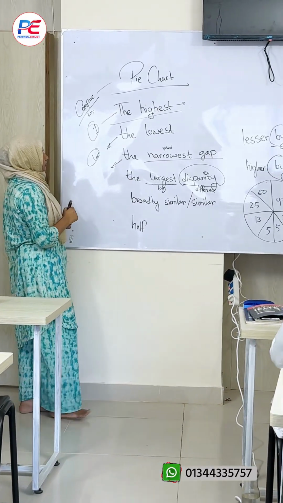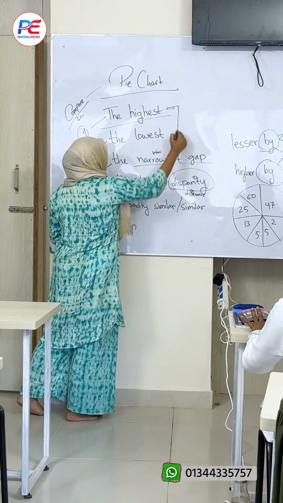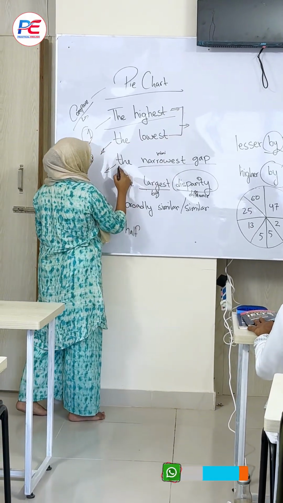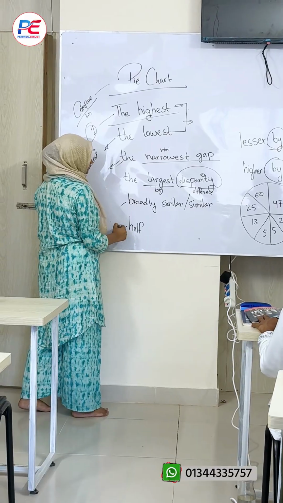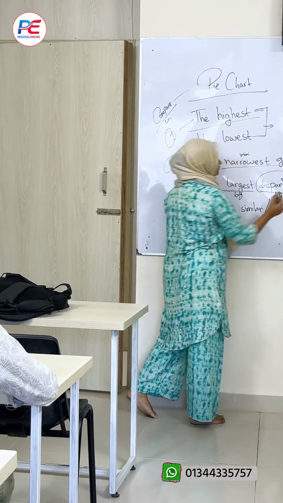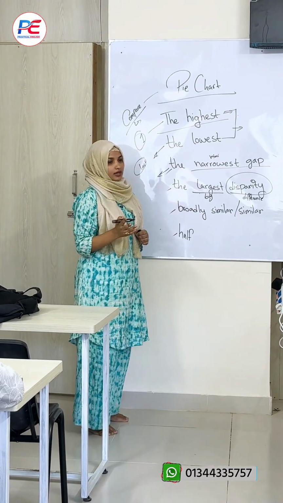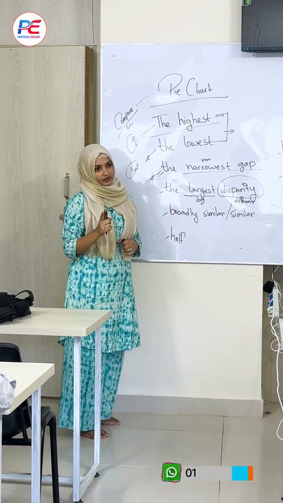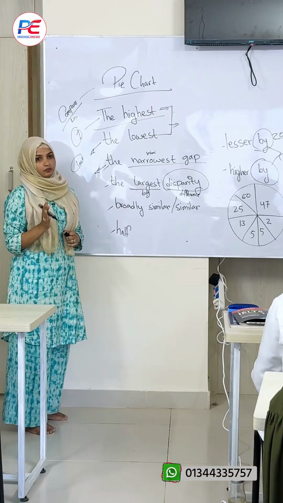One, mainly for pie chart. So these two we'll be using for our overall. Maybe this one, and this one we will use in body 1. And this one, and this one we will use in body 2. That means 3 comparisons in body 1 and 3 comparisons in body 2.